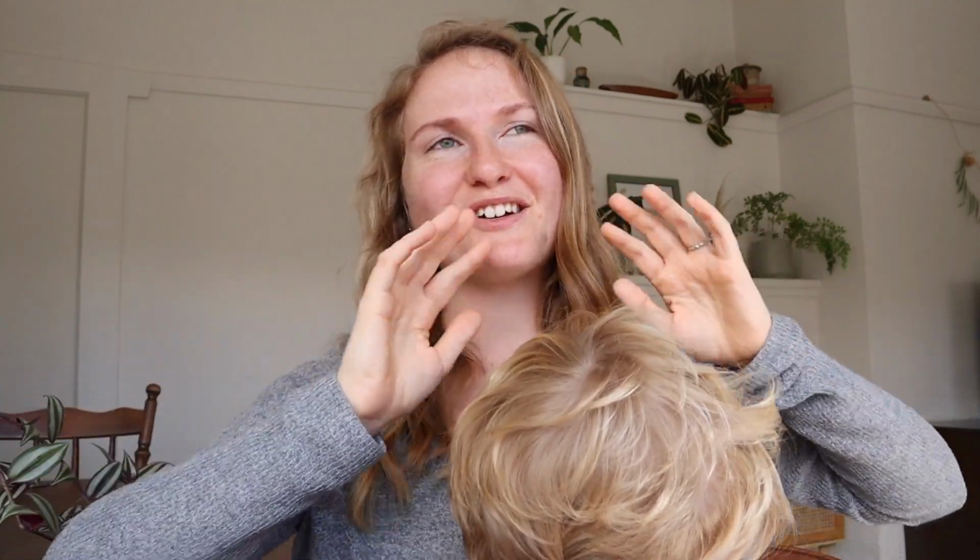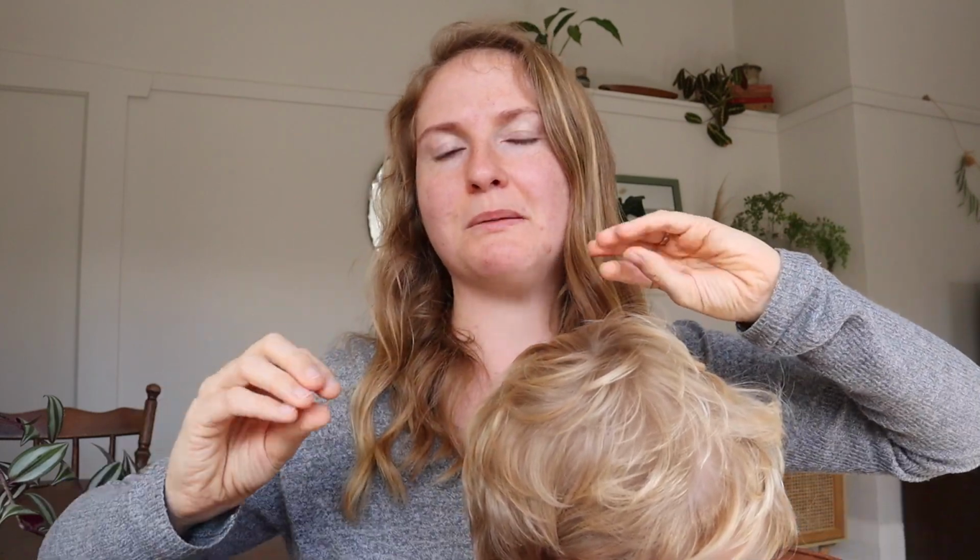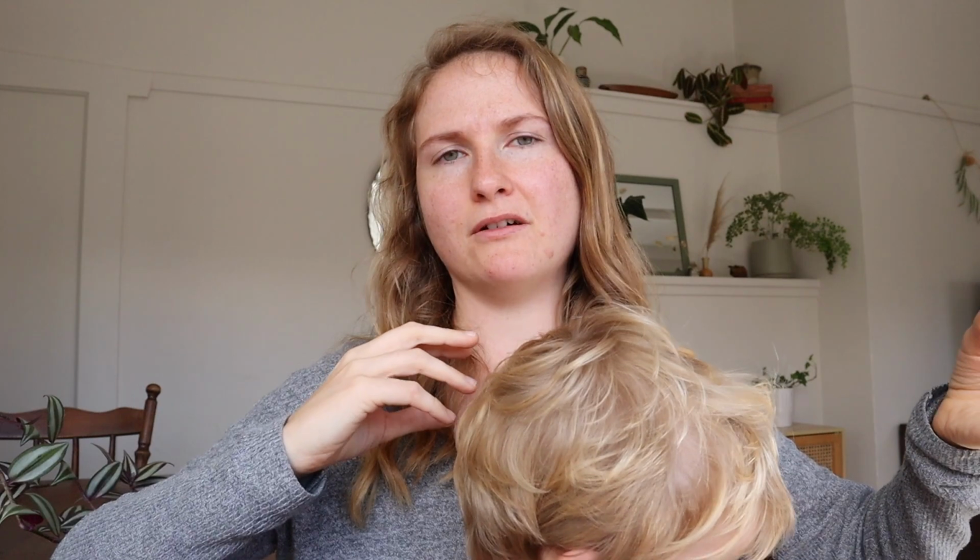So the next one is composting. And this is another one that I absolutely am thrilled by, because to me, it's taking something that is just so toxic and turning it into something that is just so beautiful. The more you learn about food waste and how bad it is for the environment, it just sets my little soul on fire. Because when you're putting food scraps into your plastic garbage bag that then gets into a landfill,